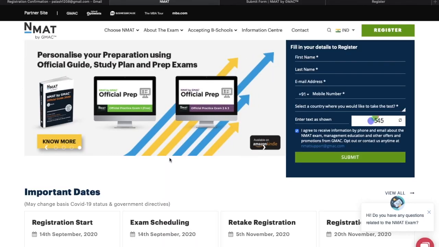This time you have to only apply for the college once, but every time you're giving the exam, you have to fill the form. Another good news is that this time you have the option of either giving the exam at the test center or giving it at home. You have that option when you will be filling the form. So let's start with the form filling.